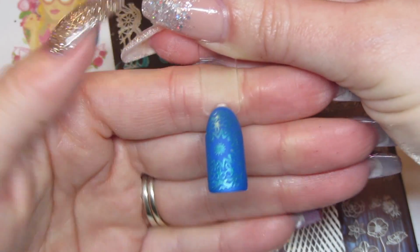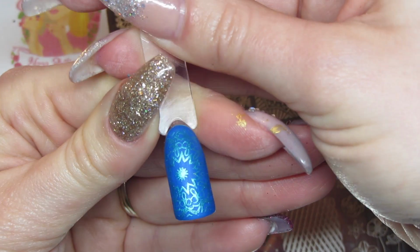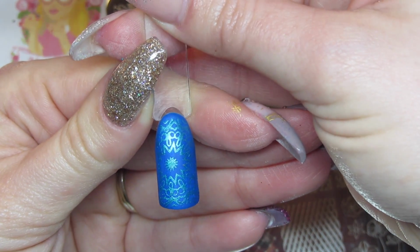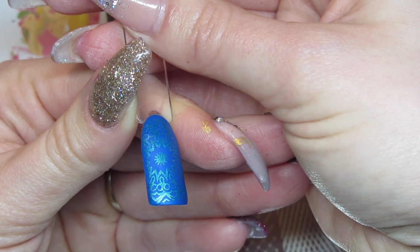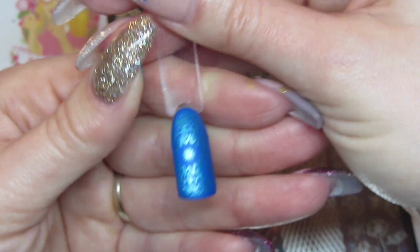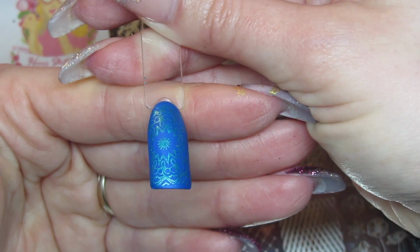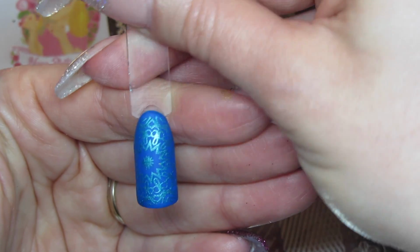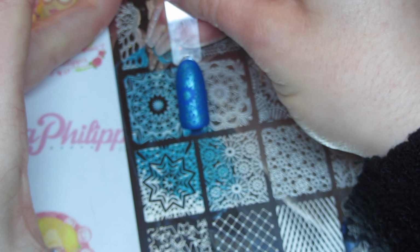Okay, so the stamping polish hasn't really worked with that colour, but hopefully you can see the design. It's come out really nicely. I've stamped it a bit skewiff and I've probably got more on my hands than I did on the actual nail, but the image has come out really well. I can see it quite nicely, and if you wanted a subtle look, this would work quite well. But you can see how much the image has actually shrunk